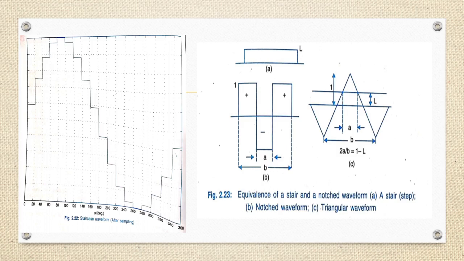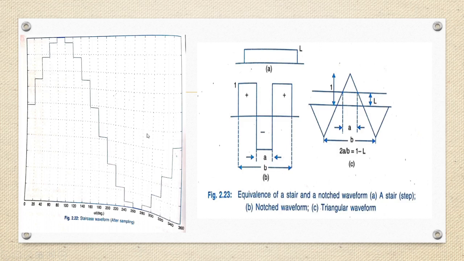The reference wave can be divided into P intervals, with each interval representing one cycle of the carrier wave. In each interval, the reference wave can be sampled by representing it as a constant value, which is the mean of the reference wave within the interval. So the reference wave is represented by a staircase waveform, as shown in this figure on the left hand side. This is after sampling.